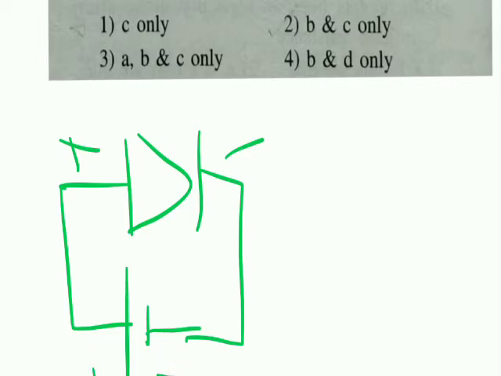So when we are calling forward bias, high potential is connecting to the positive side of the diode, and low potential is connecting to the negative side of the battery. Once again, battery high potential connecting to the positive side of the diode, low potential connecting to the negative side of the diode. This connection is forward bias.